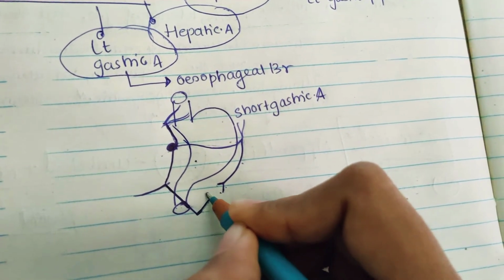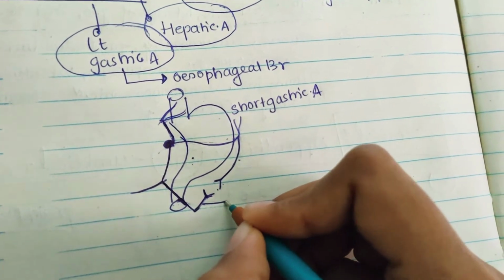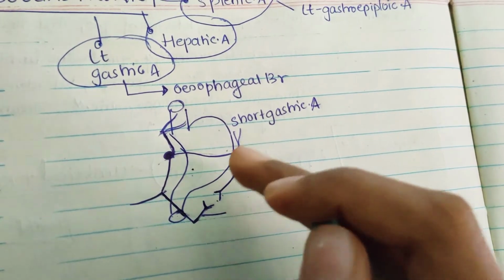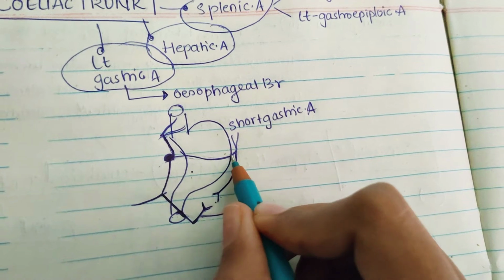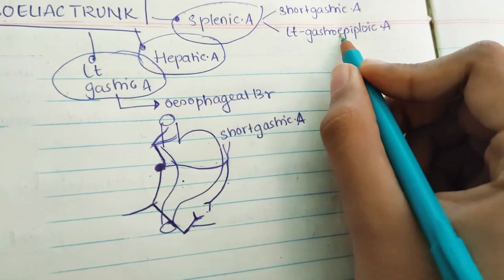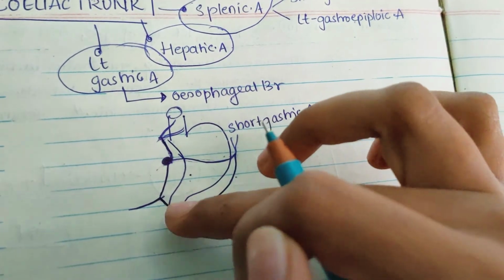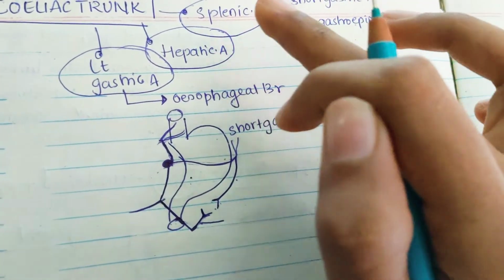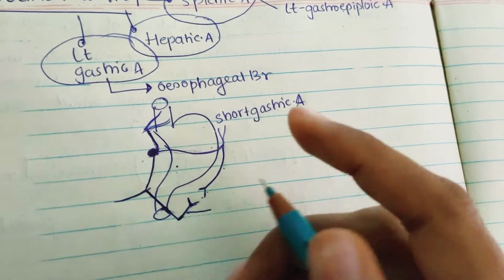One is, you can see here, this is right gastroepiploic artery. So before, don't confuse for this, before we have said the splenic artery is giving left gastroepiploic artery. Okay, in the hepatic artery you have two branches, gastroduodenal artery, proper hepatic artery. Gastroduodenal artery of the hepatic artery is giving right gastroepiploic artery, and the other one is